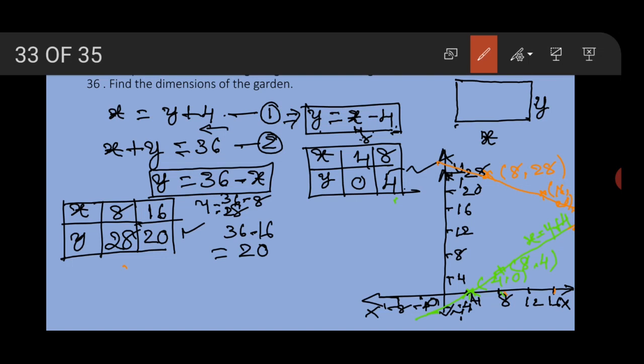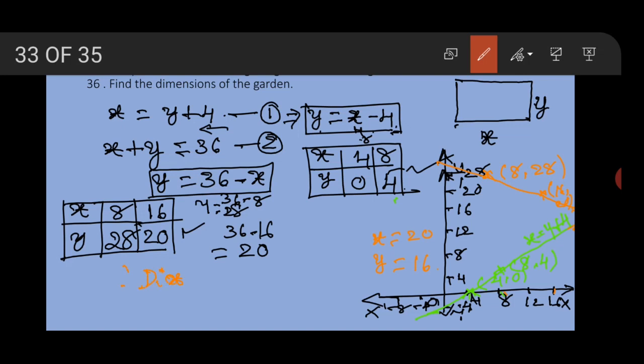Okay, they will meet at a distinct point. Here, you will get the value of x and value of y. If you produce the graph, you will get the value of x. I will write here inside the graph, write down value of x and value of y. Can you tell me the value of x? Correct. X is equal to 20, yes. And value of y is what? Y is equal to 16. Am I right? Yes. So write down now.